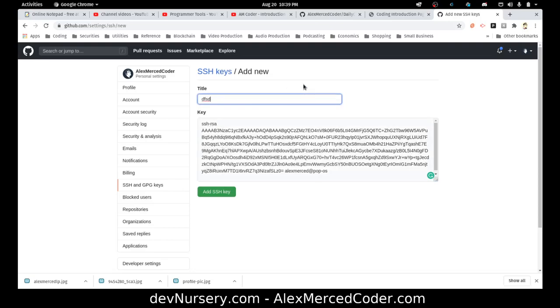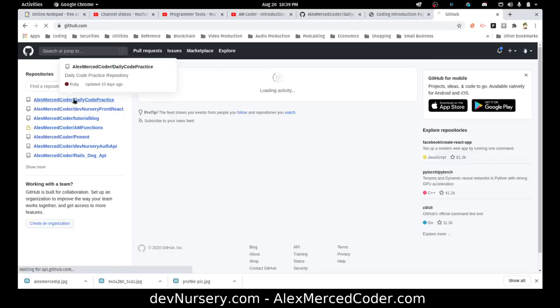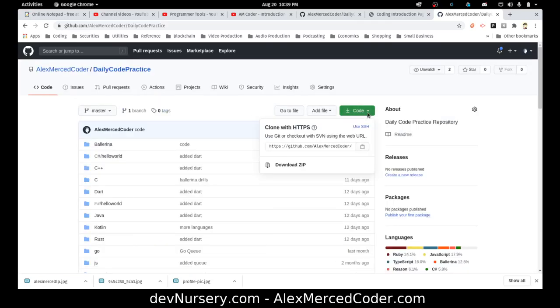Okay, and you can create these SSH keys for all your computers, so that way none of them have to log in when you use GitHub. Just keep in mind, since you're using SSH, when you're on GitHub, when you clone things, you always want to make sure that you're using the